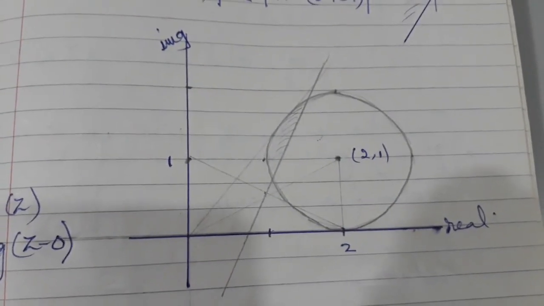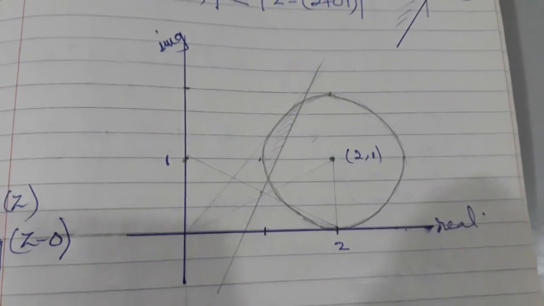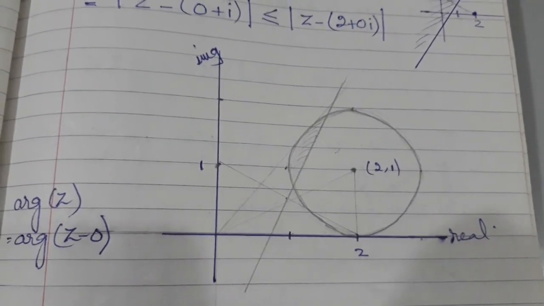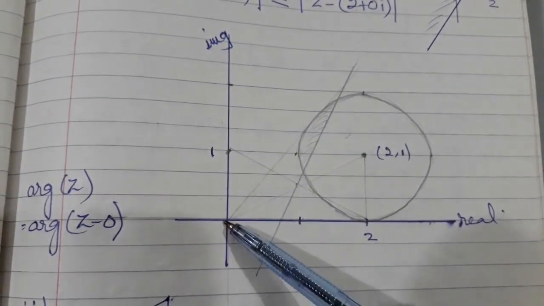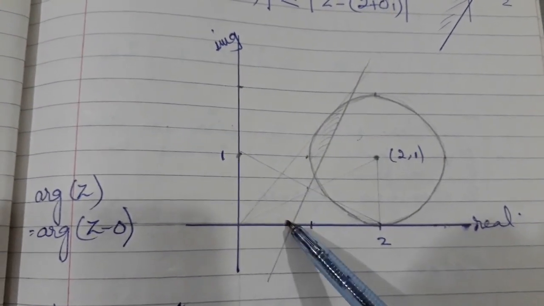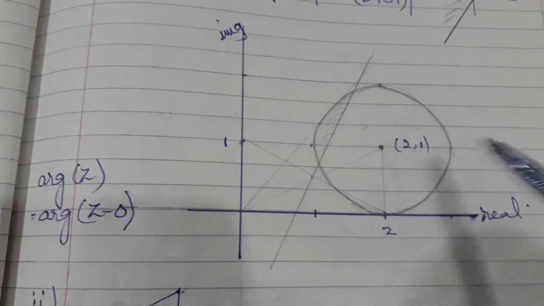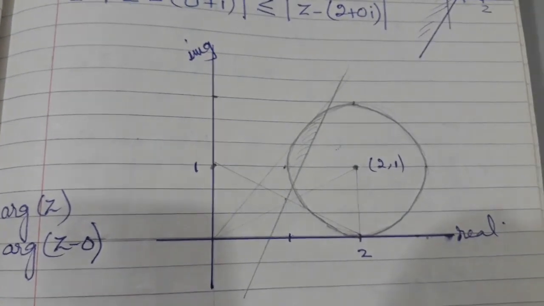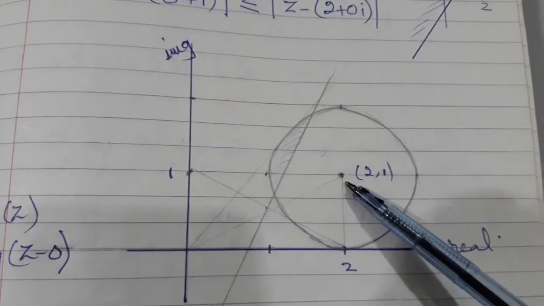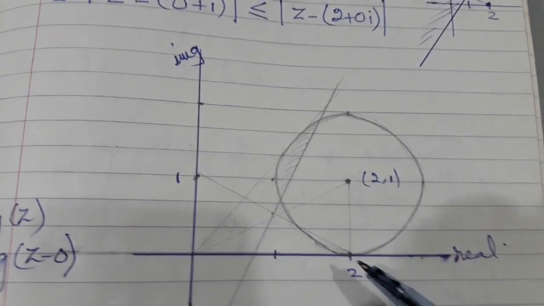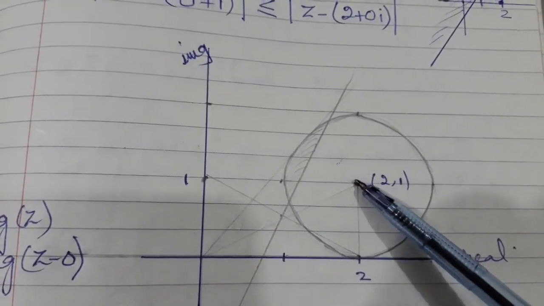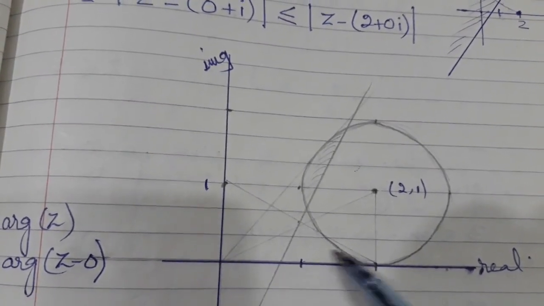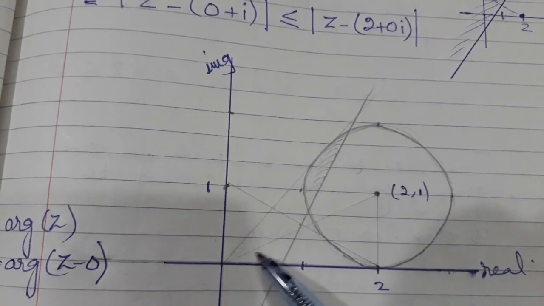Now, what information do we have at the moment and how can we use it to find this angle? I don't know this length. I don't know this angle. So before showing you the solution, let's have a little brainstorming discussion here. I know this point, right? (2, 1). So I know this length. This length is 1 and this length is 2. So if I draw this triangle,